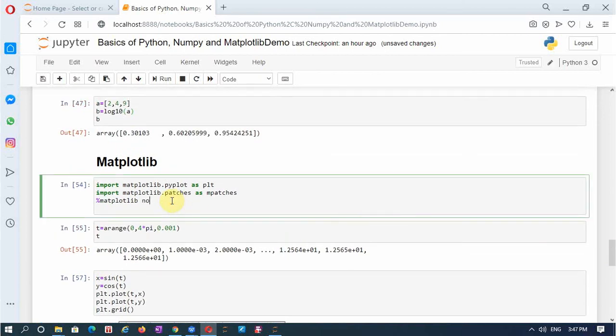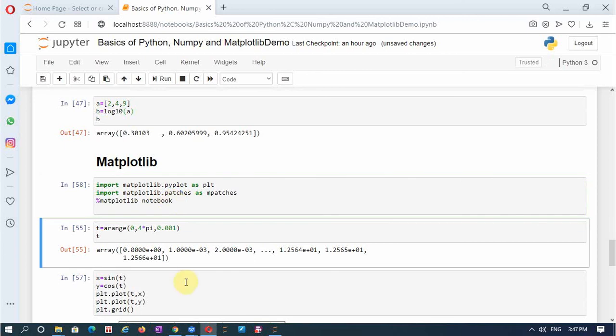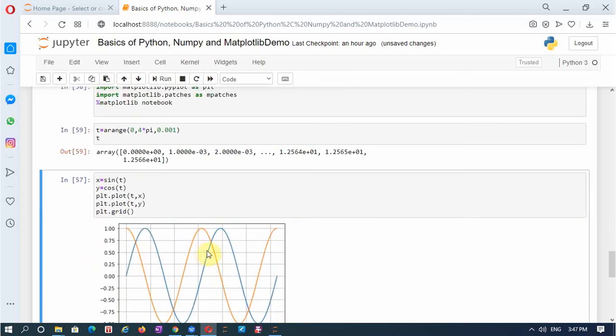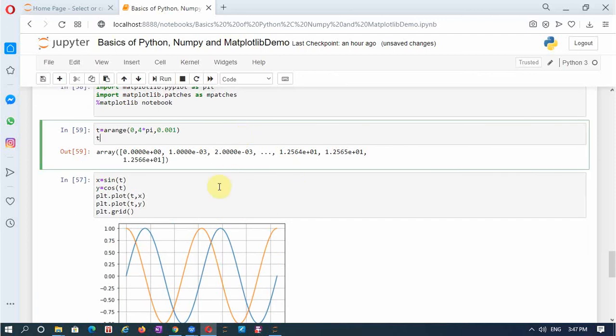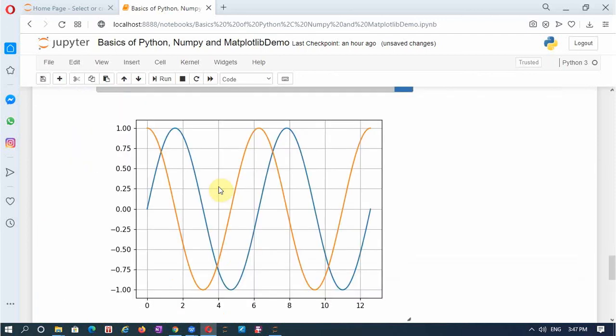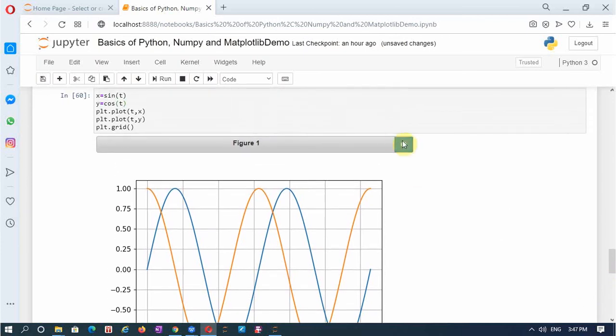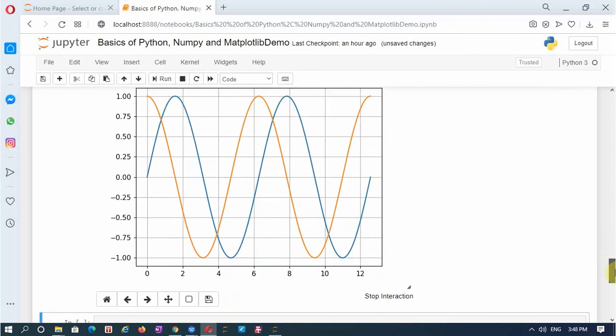Now I can make it interactive by changing inline to notebook and running this. So this becomes an interactive plot, and you can stop it by pressing this. What is this interaction?